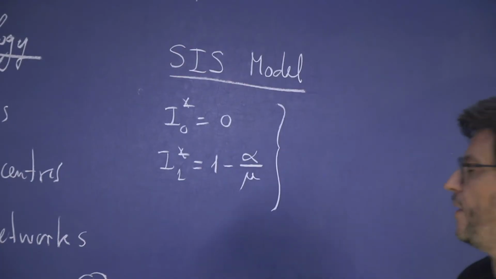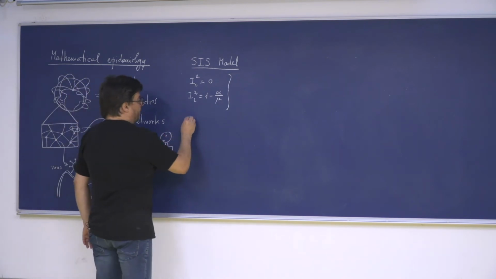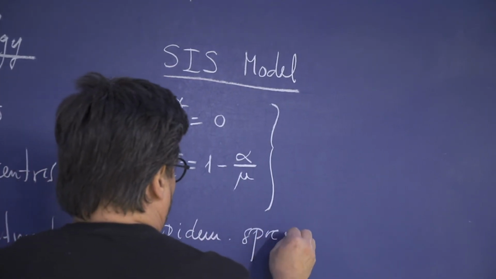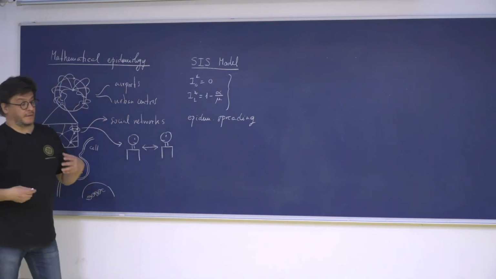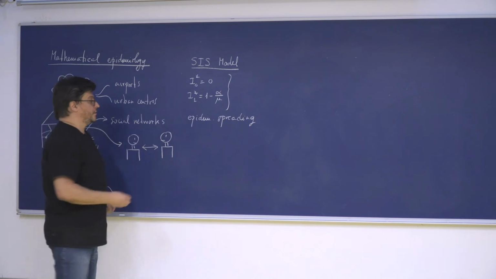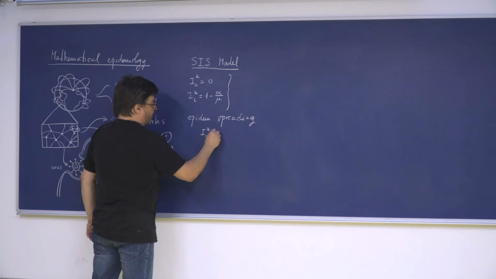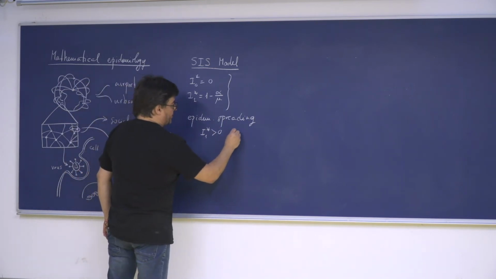And we just found out that if you look at the stability, epidemic spreading, meaning that the second state is stable, right? So that this is positive, is stable